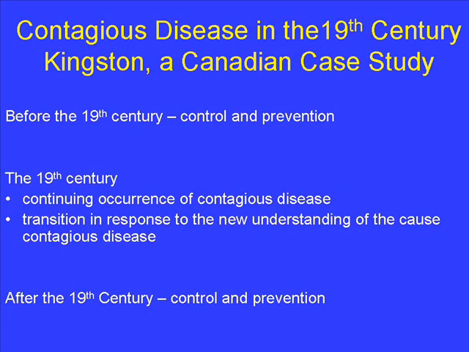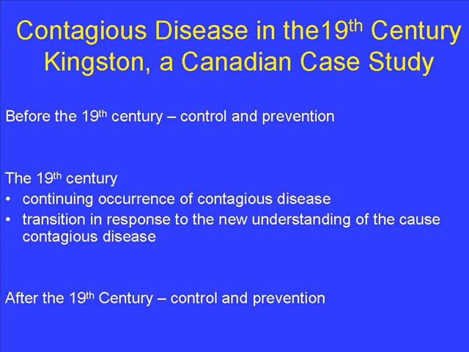The principal part of this story will be the story of contagious disease as it occurred in Kingston during the 19th century, and the response of the community to a remarkable development in the knowledge and understanding of contagious disease that occurred in the latter half of that century. And finally, recognizing what had been achieved in the 19th century, I would like to briefly tell you the story of what was happening in the first 2 decades of the 20th century.